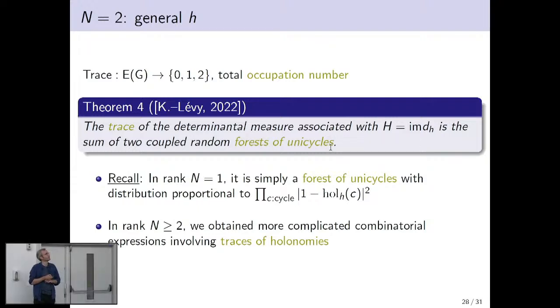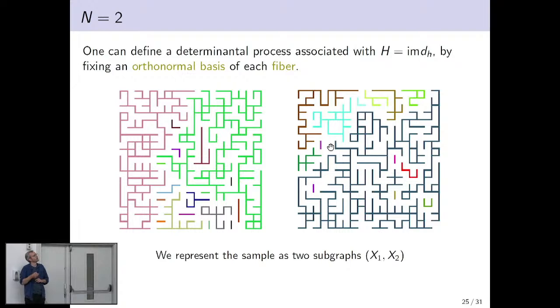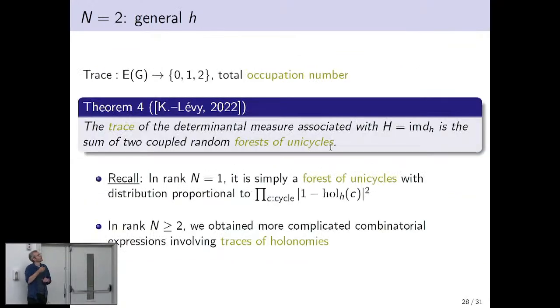Let me just state now the last theorem for this talk. When I have these two graphs, I can define a number above each edge, which is the total occupation number. For example, that edge would have occupation number 2 because on the 2 layers there is an edge. The one below would have occupation number 0, and then a guy which is here, not here, but here would have occupation 1. So this is what I call here the trace. It's a random field of numbers in 0, 1, 2, which just gives you the total occupation number.